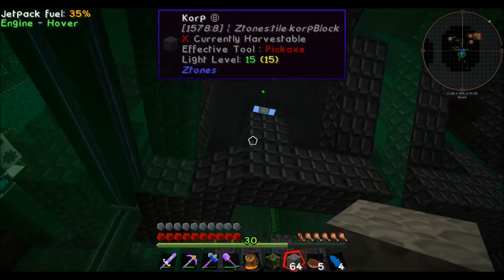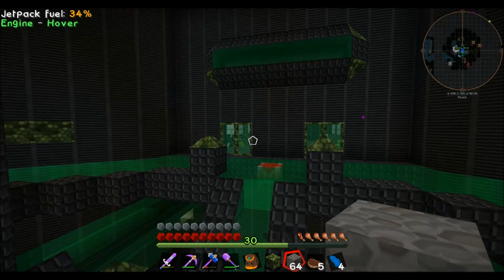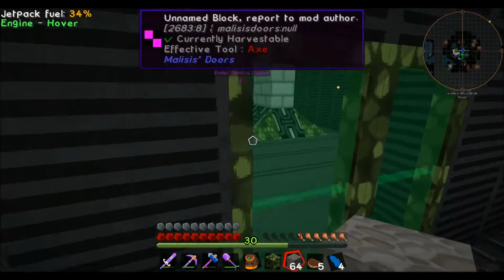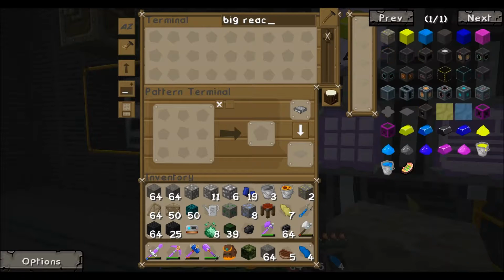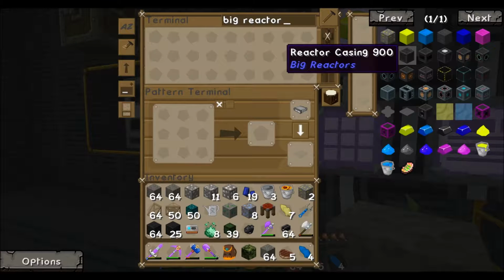So for the rest of this episode, we're going to get together the pieces and the automation that we need in order to actually get that going in the next episode. So let's run over to our little control panel here. And we're going to type in big reactor, and that will bring up all the parts of the big reactor mod. We're going to need a lot of things. We're going to need reactor casings,